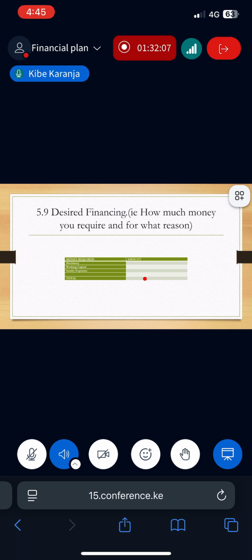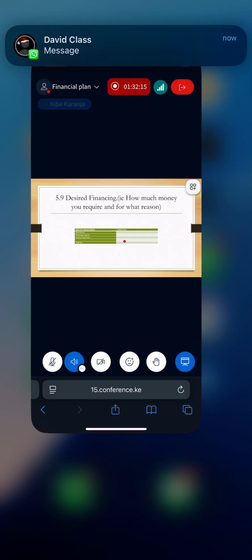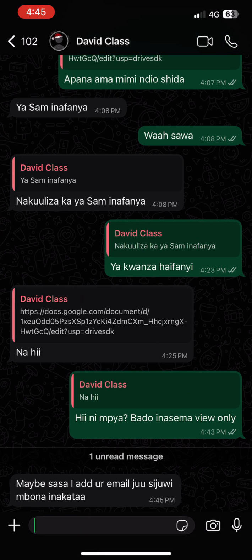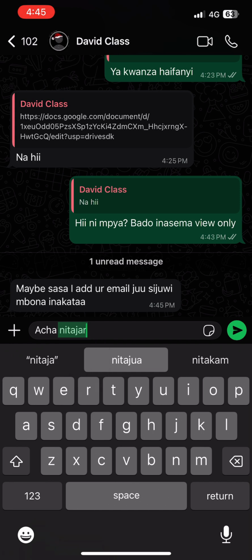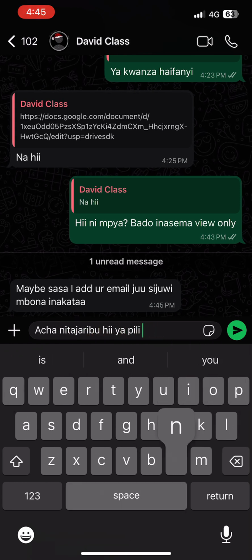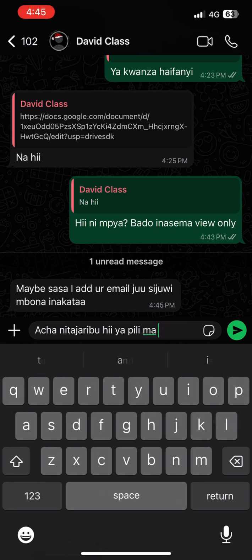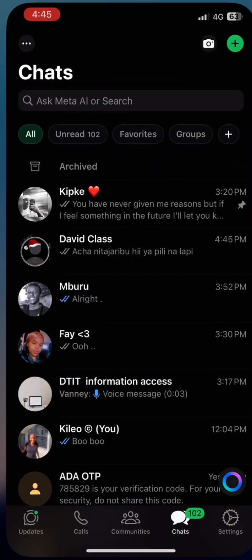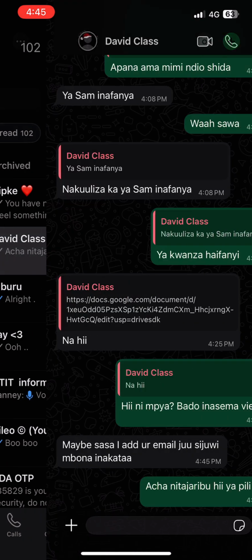So on one side, you are asking, how much money? What money do I desire? And what for? That is one side. But on the other side is how I will raise this money, or these finances. So you may say, personal savings, so much. Bank loan, so much. Asset disposal, so much. Total, so much. And in fact, for startup businesses,